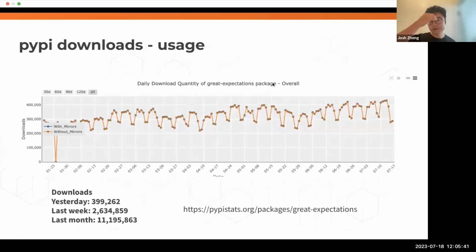Here's our latest stats on PyPI downloads. We had a bit over 2.5 mil downloads just last week, and a total of 11 million downloads last month. So still really high usage. And thanks to all the community members who helped also contribute to continuing to make this a great product for everyone.